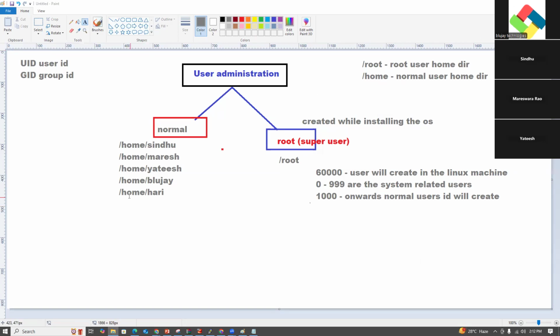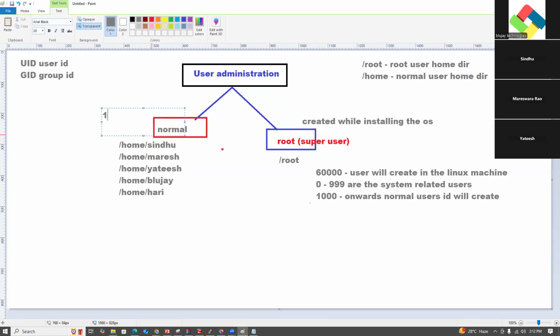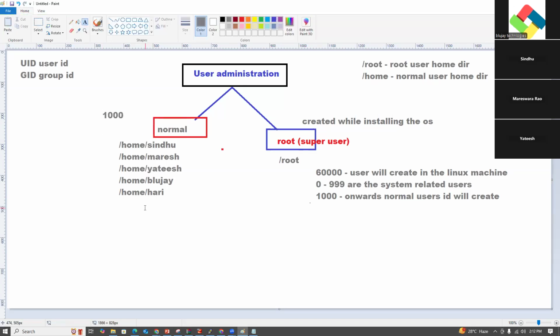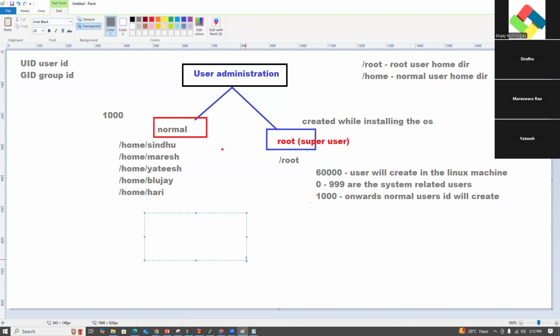Normal users start from 1000 by default. For example, UID of Sindhu is 1000, UID of Maresh is 1001, UID of Yatish is 1002.